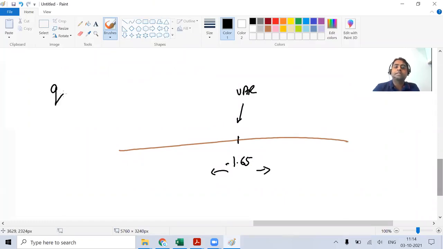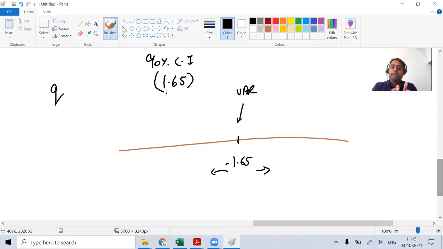I will be taking this Q, which is my negative 1.65. And since I'm taking a 90% confidence interval, and a confidence interval is two tail, what is the 90% confidence interval critical value? Come on, guys, 90% confidence interval critical value. It's a two tail data point. It's again 1.65. Again 1.65, fairly simple, right?